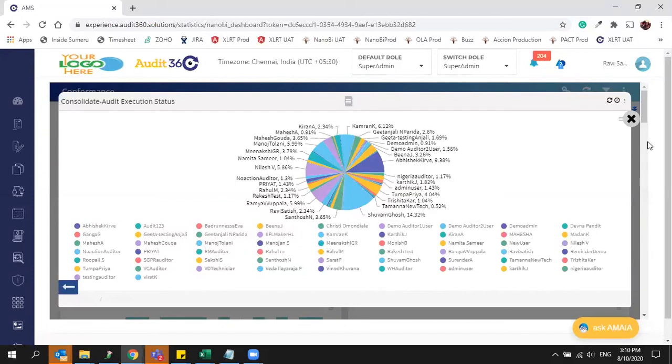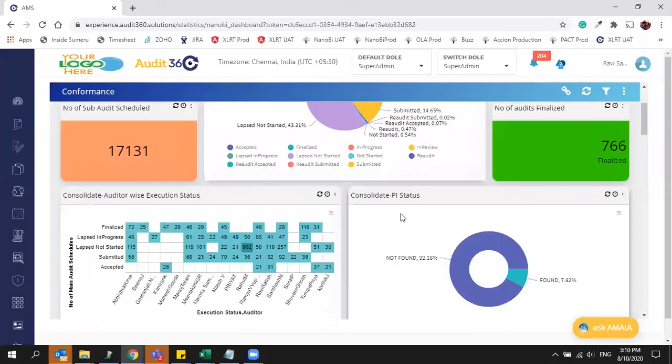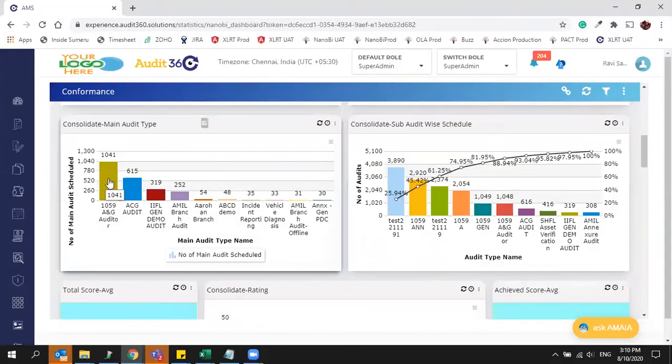Since this is a pie chart, it will not give exact information. I'll go with this main audit type, since it is a bar chart and you can easily catch that.